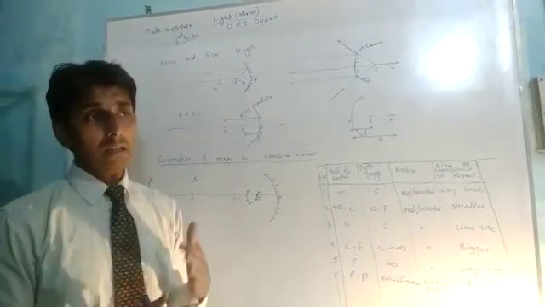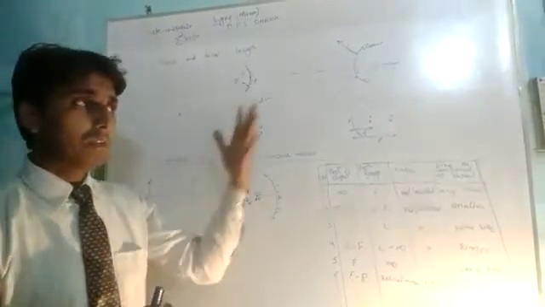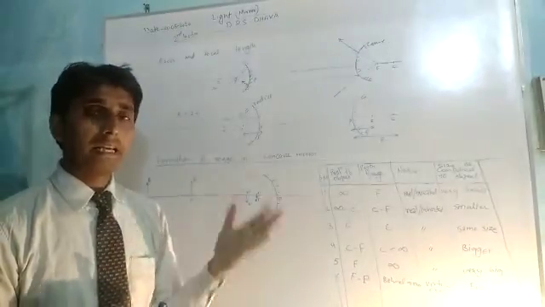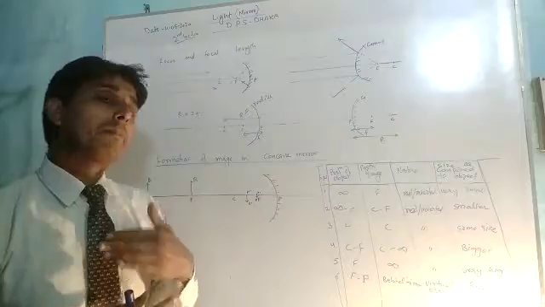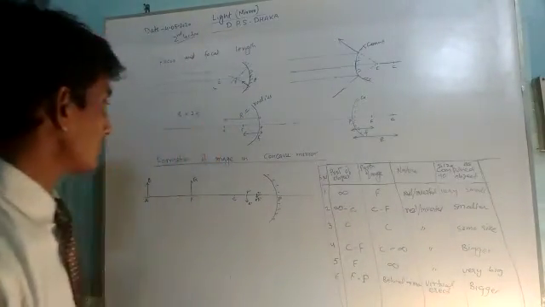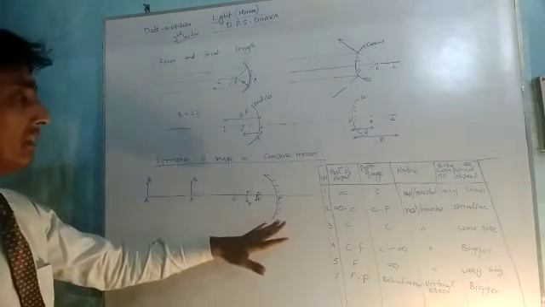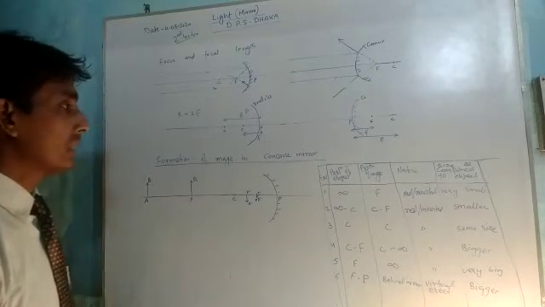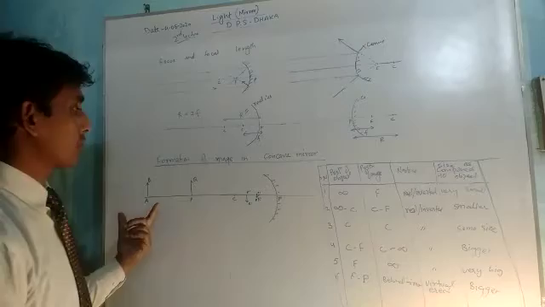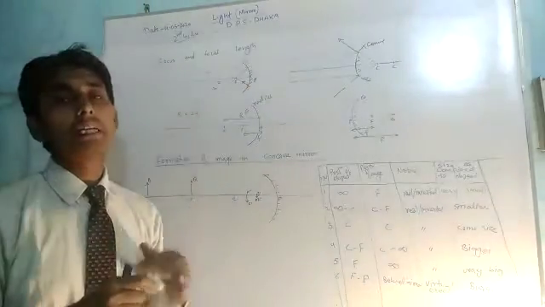Similarly, the image which is taken in a camera, the image of the various objects, is taken on a negative on a screen inside the camera, so that is a type of real image. Real image can be taken on a screen. And so formation of image in concave mirror. What will be the various positions of the object and where the image will be formed? And there is one more thing, erect image and inverted image.